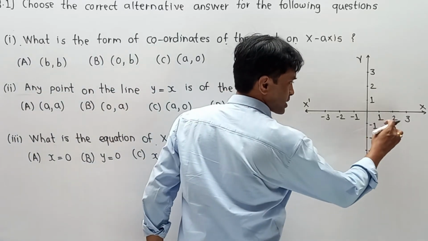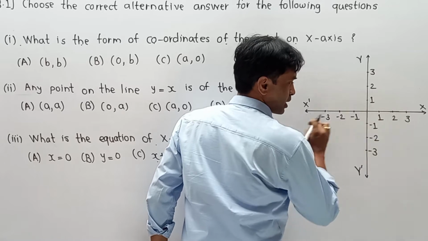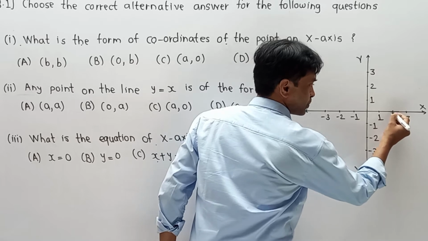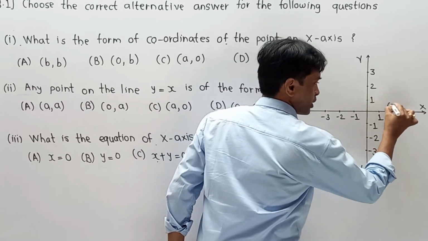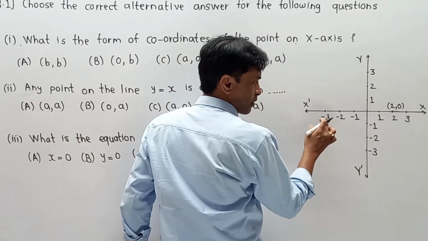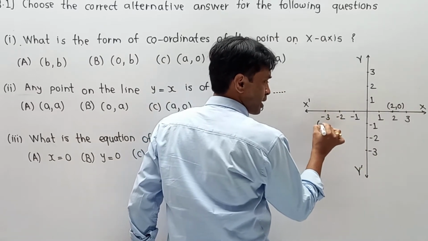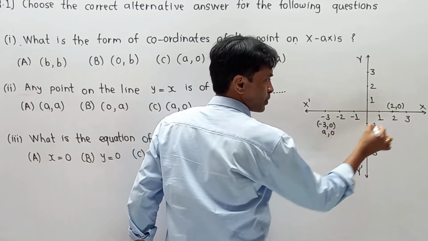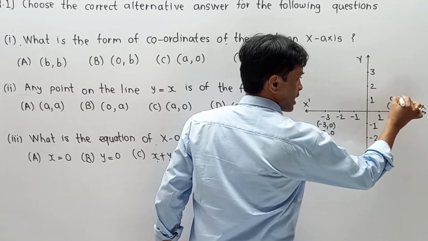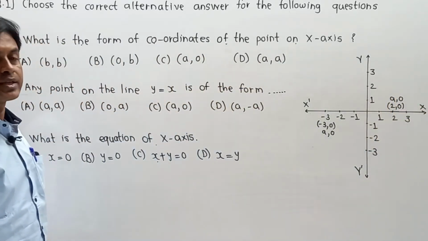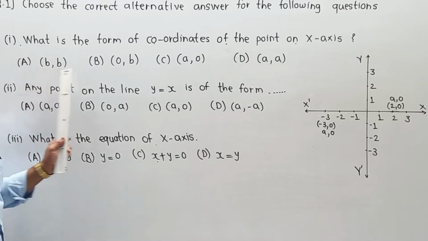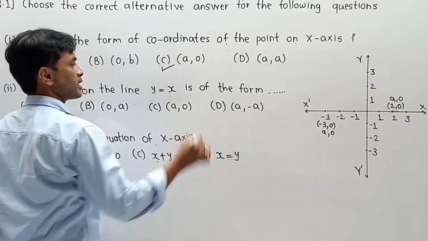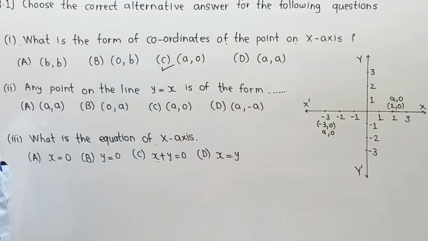If I take a temporary example, 1, it is not just 1, it is indicated as (1, 0). If I highlight point 2, it is not just 2, it is actually (2, 0). If I take minus 3, it is (-3, 0). This means any particular number like a and then 0, in the form (a, 0) or number, 0. So among these, (a, 0), the third choice, is correct. So our answer C, that is (a, 0), is exactly the answer to this question.